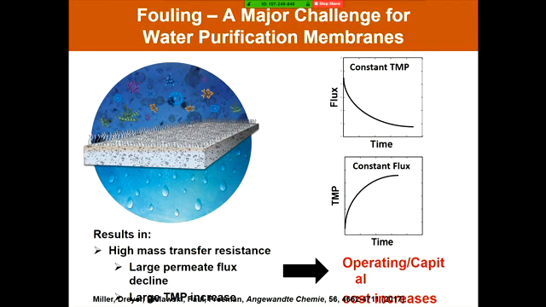And so there is a lot of effort expended, a lot of energy expended today in trying to keep membranes clean, or once they're dirty, trying to clean them as rapidly and easily as possible. Once the membranes start to get fouled, then at a given transmembrane pressure, you see the flux drop off with time. Or if the way you would normally run a municipal water purification system is at constant flux, you see the amount of pressure difference you have to put across the membrane to maintain that flux going up in time. And this has negative impacts on both capital as well as operating costs.